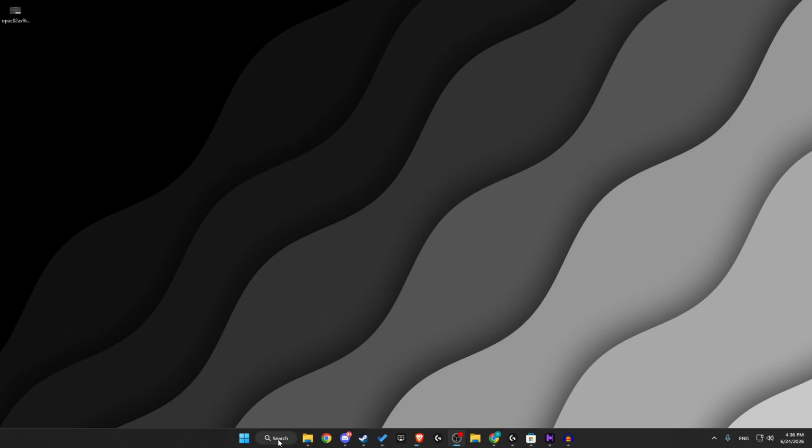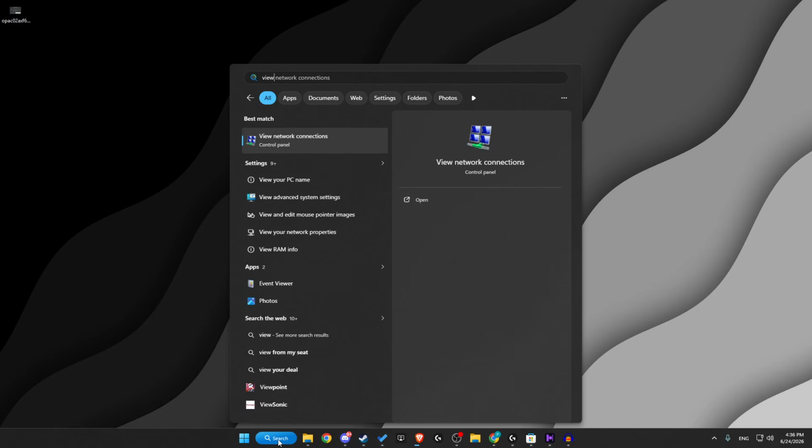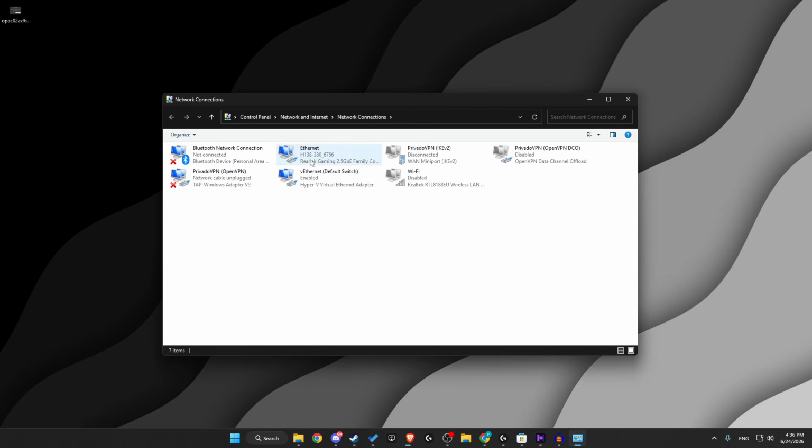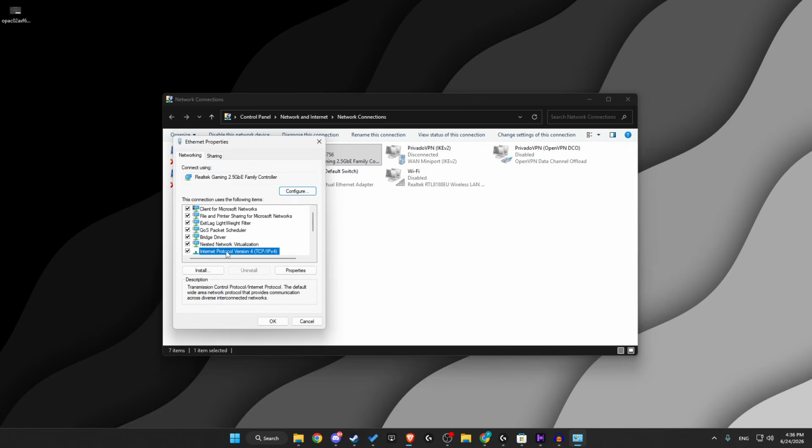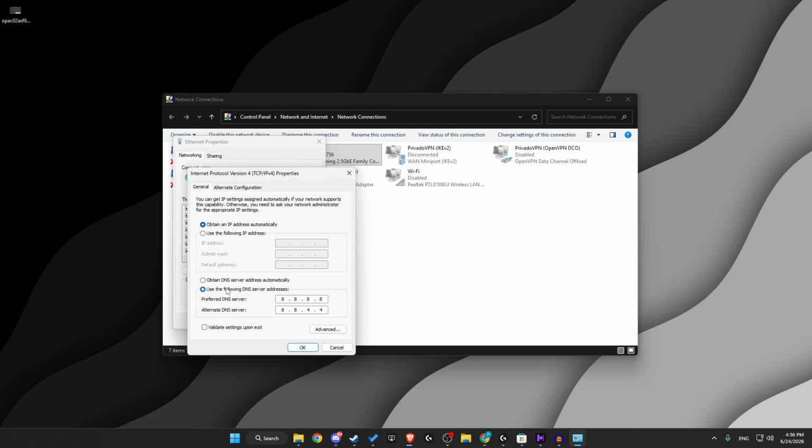Next up, press on search and look for view network connections. Then click your internet, right click on it, go to properties, Internet Protocol Version 4. Select use the following DNS server addresses, and on preferred DNS server you write 8.8.8.8 and on alternate 8.8.4.4 and